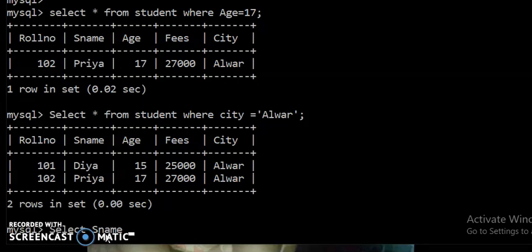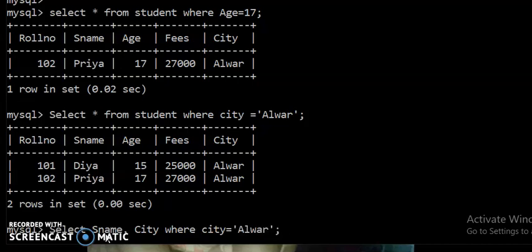So select name, city where city equals Alwar.